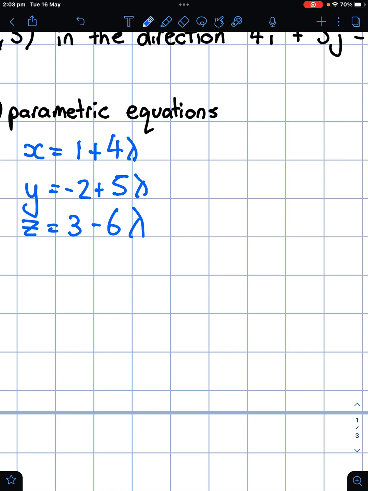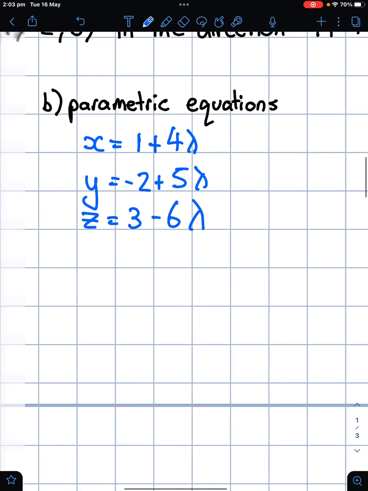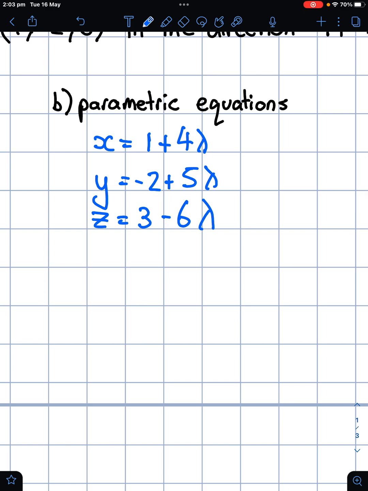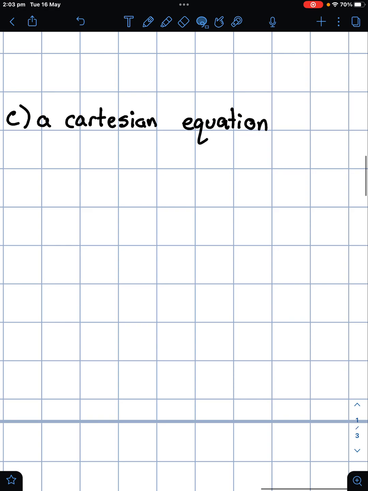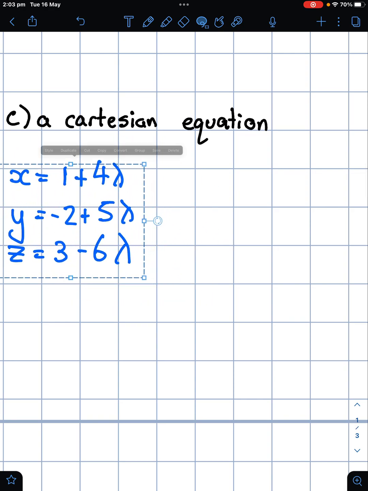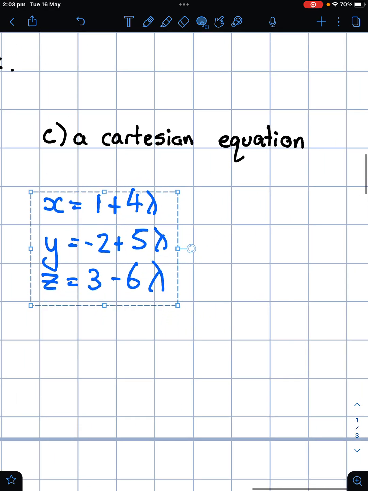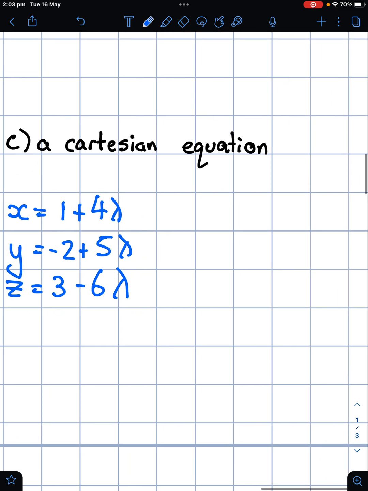Now, the last one here, it asks for our Cartesian equations. So I'm actually going to bring these over just so we can show how we calculate these. So paste, I'm just going to leave these here. I'm going to erase them in a minute. But you will look at this one here and it's going to be x minus 1. So I've just taken 1 from both sides over